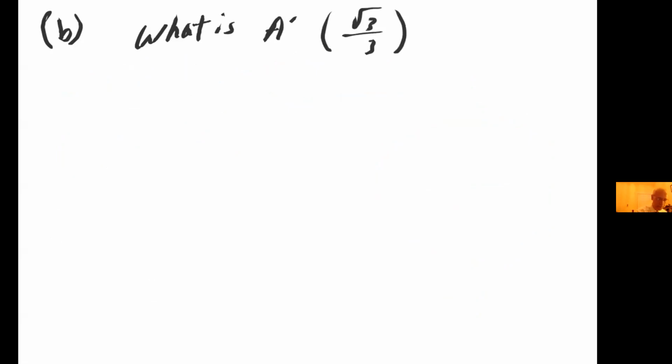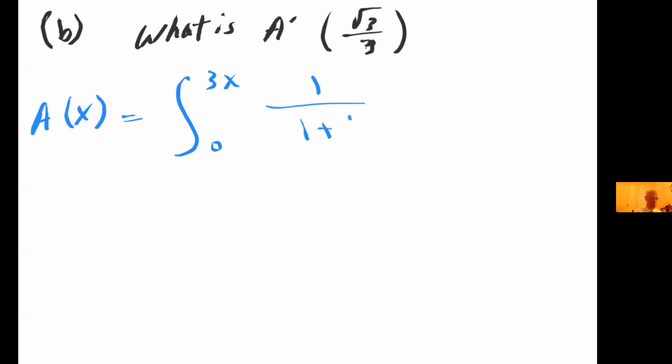So recall that we started with A as a function of x equals the integral from 0 to 3x of 1 over 1 plus t to the second dt. Using the fundamental theorem of calculus, I can write, let me change color, that A prime of x equals,